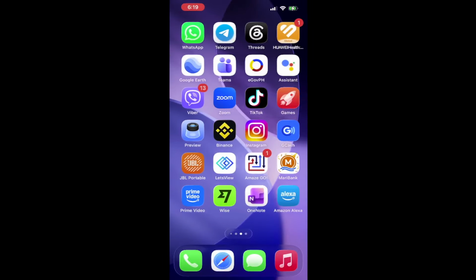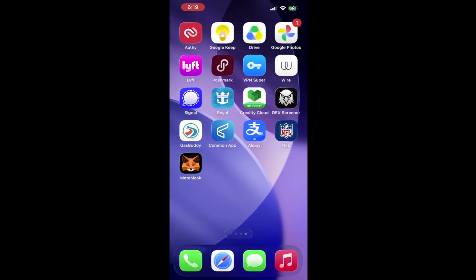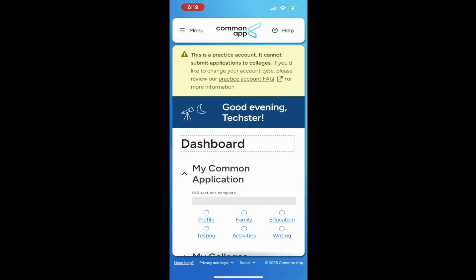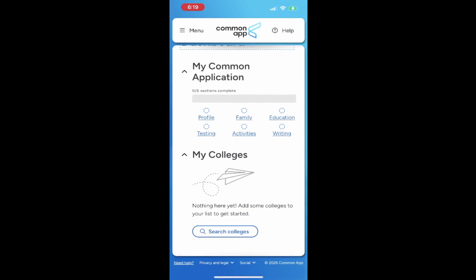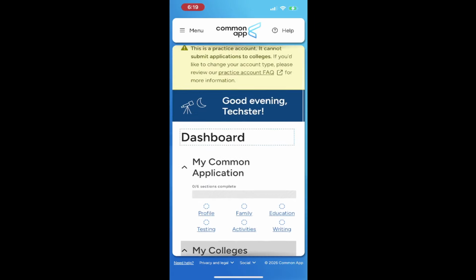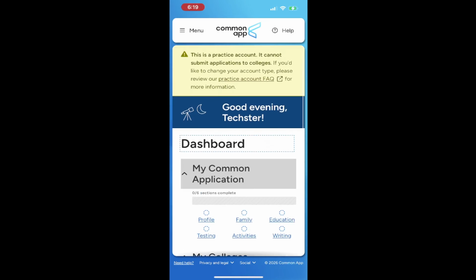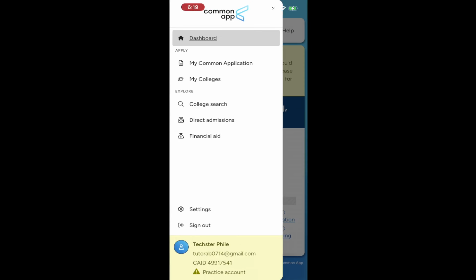Look for the login fields where you will enter your username and password. This step is essential because accessing your account is the starting point for any modifications. Once you have entered your credentials, click the Sign In button. If your details are correct, you will be taken to your account's main page. You may feel a sense of relief knowing you are one step closer to updating your email.